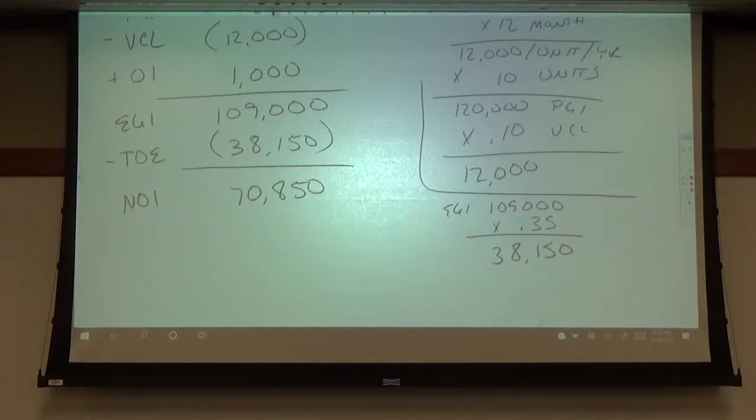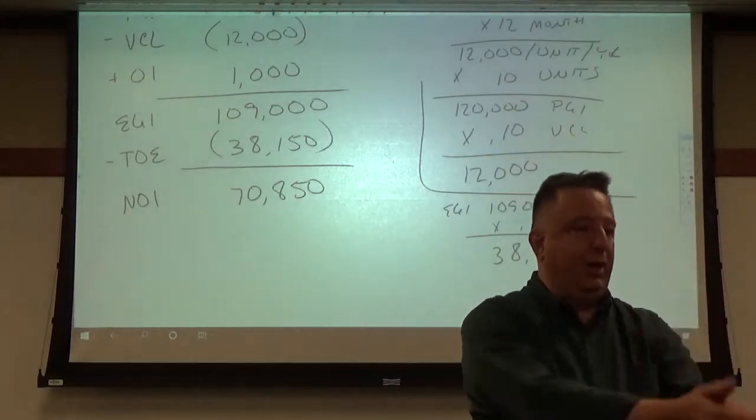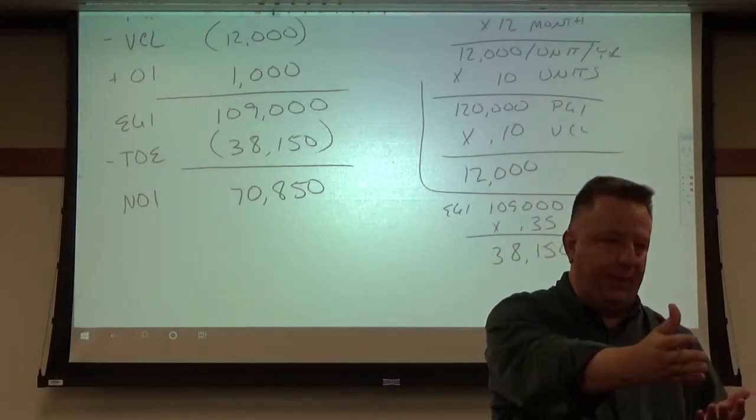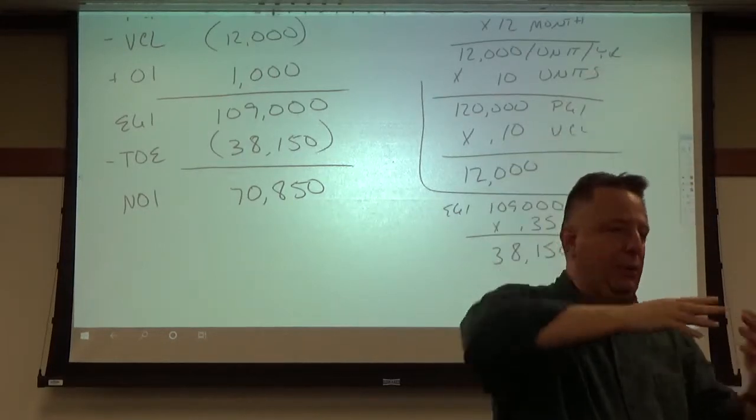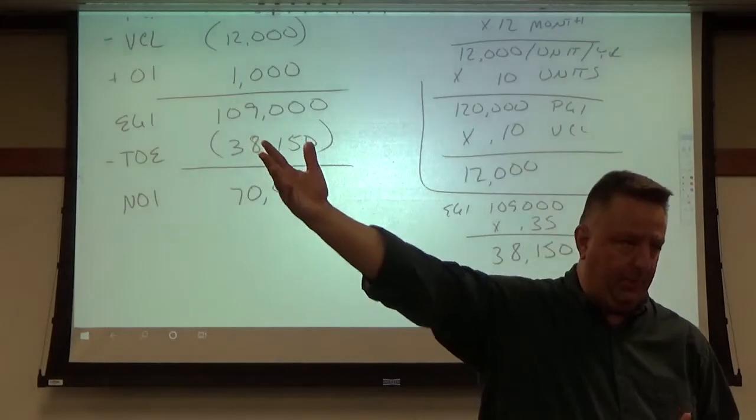Yes or no? Question? Yeah, so the NOI is what the tax bracket is based on and not the EGI. No. The tax bracket is going to be based on the individual investor, or the entity that owns the real estate. So, for example, you may own a piece of real estate as an individual, okay? You're going to be taxed at whatever your marginal tax rate is based upon whatever income that you have, both as a salary as well as investment income, okay?